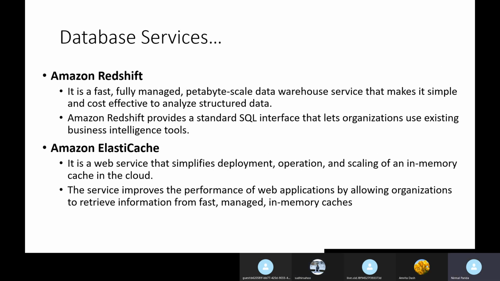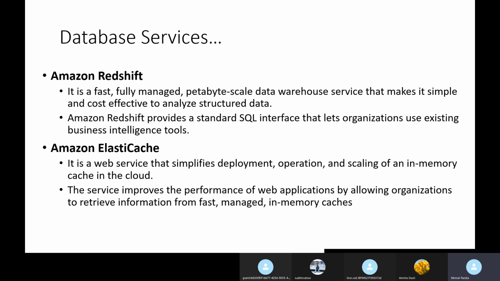Next is Amazon Redshift. It is a fast, fully managed, petabyte-scale data warehouse service that makes it simple and cost-effective to analyze your structured data. You can say it is a data warehouse service where you can analyze your structured data. Amazon Redshift provides a standard SQL interface that lets organizations use existing business intelligence tools.